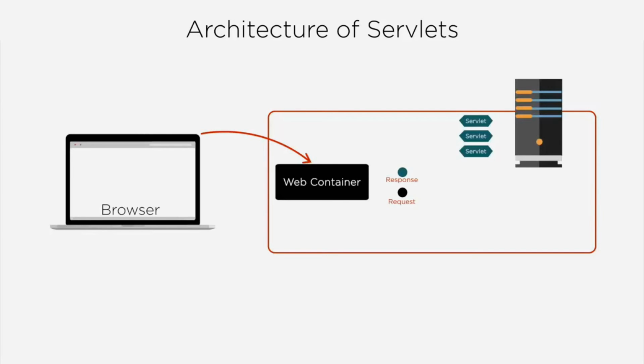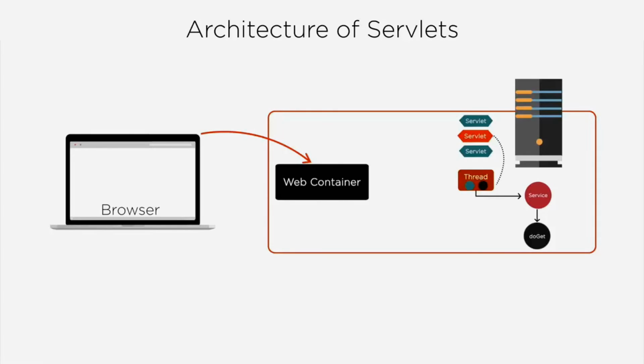Then the container finds the correct servlet based on the URL in the request and creates or allocates a thread for that request, and then passes the request and response objects to the servlet thread. The container calls the servlet's service method depending on the type of request. The service method calls either the doGet or doPost method. For this scenario, as I mentioned, the client types in the URL, so the request will be an HTTP GET. I will discuss in detail about these methods while explaining the servlet's life cycle.